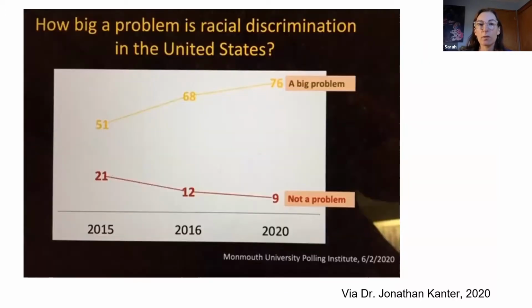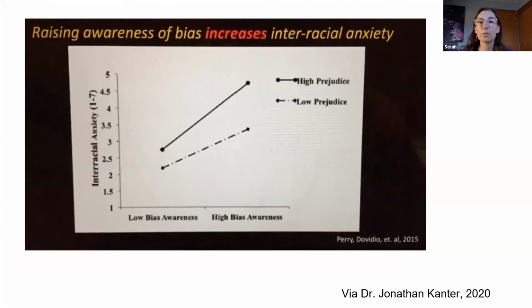And before we get too far along, I wanted to show that about 76% of the population in the United States does believe that racial discrimination is a real problem. And that means that if we're already understanding that there's a problem, we have this opportunity to grow, to see how can we break down that problem and get to a point where it isn't, especially around hiring. And also wanted to point out that as we talk about bias, it tends to increase anxiety, and there's